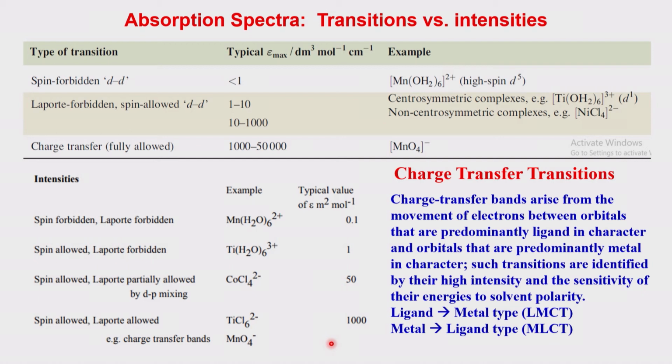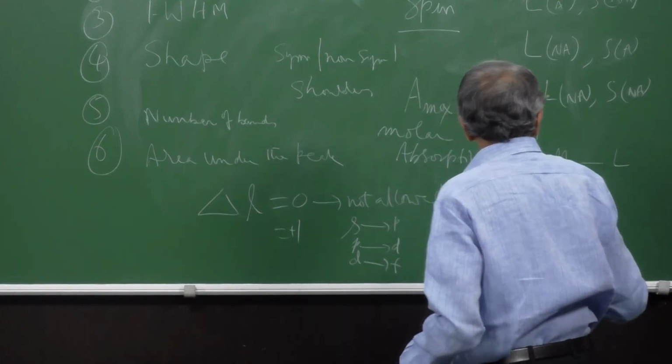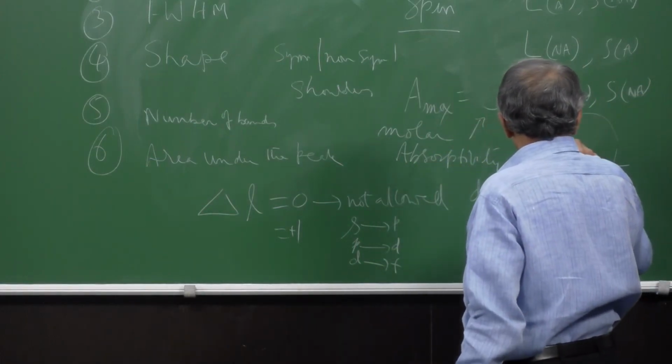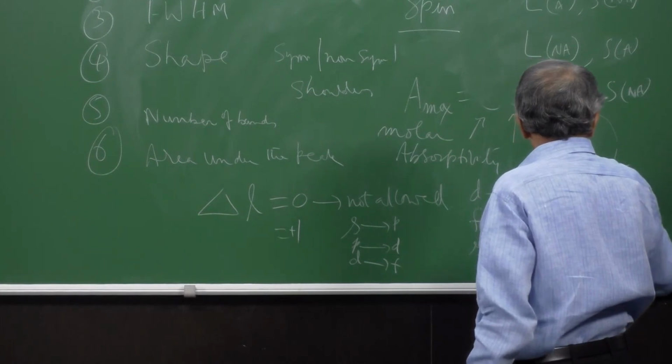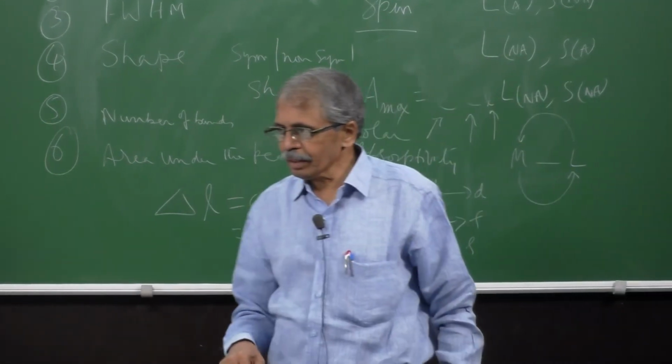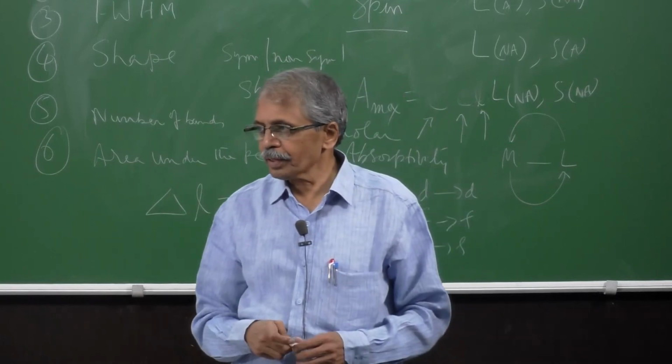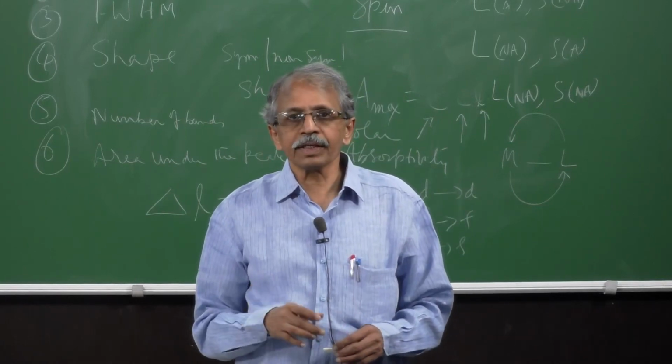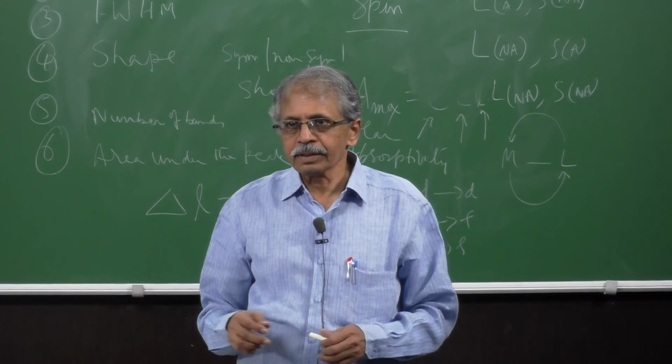So, what is the charge transfer? Charge transfer means a charge moving from one center to the other. So, what are the two centers you have? One is the metal, the other is the ligand. So, either you can have it from ligand to the metal or from metal to the ligand. So, you may say metal is electropositive. How can you have it? We have already studied earlier in the past that the